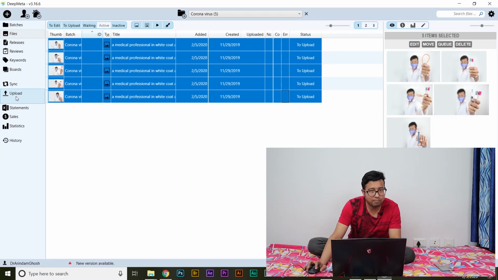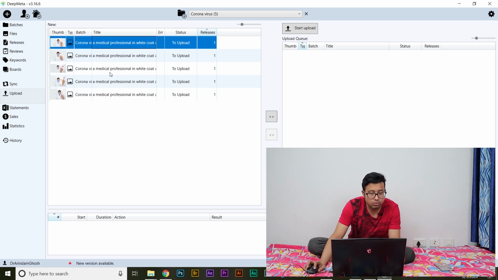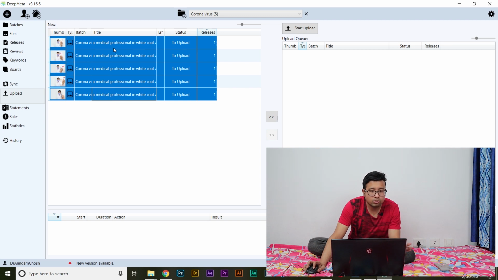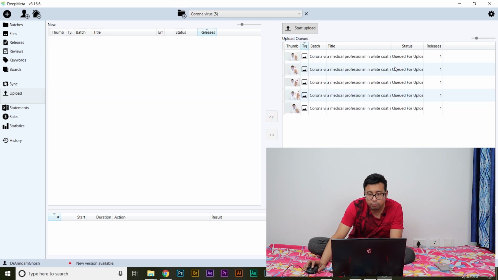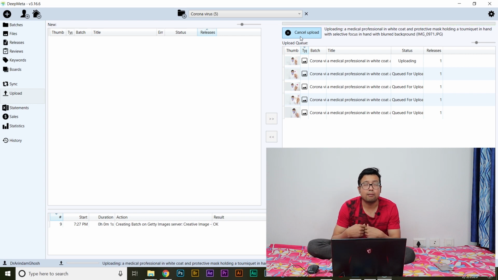So once you click upload, it will show like this. So now these images are ready to be uploaded. This is a two-step procedure. Next you need to select all these images and click this button. Okay, so you push it towards the upload queue. Then you need to click on start upload, and that's it. Deep Meta will automatically upload your photos, upload your model releases, and it will also submit your